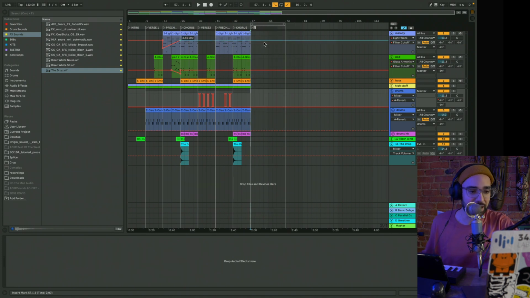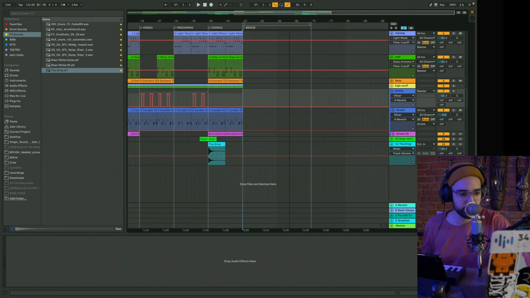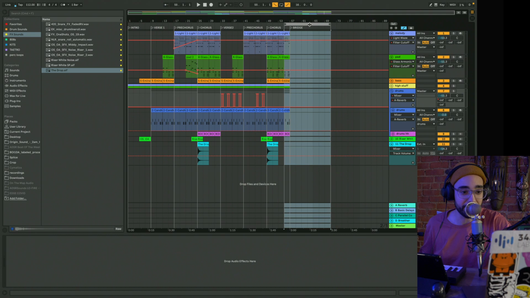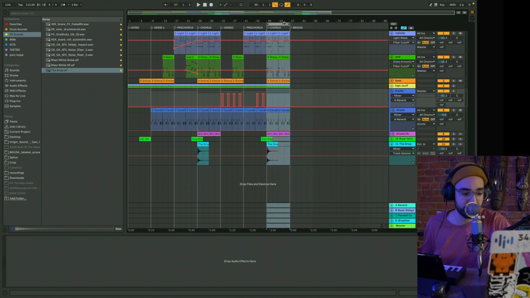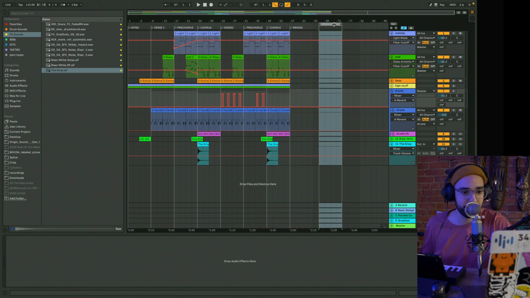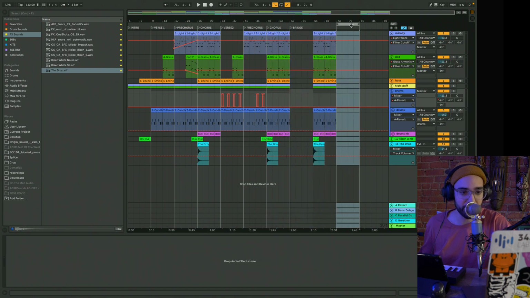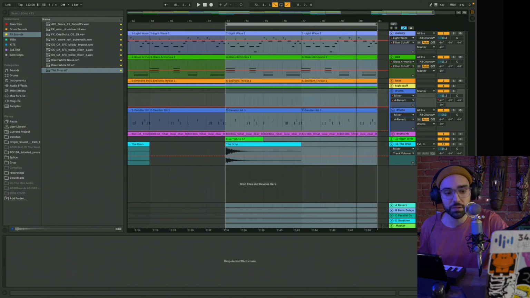So let's actually just add a locator here to remind myself. Bridge, right? And that's what that section would be. But then from there, I would actually be able to copy this time and maybe do a double chorus at the end. And there we have a